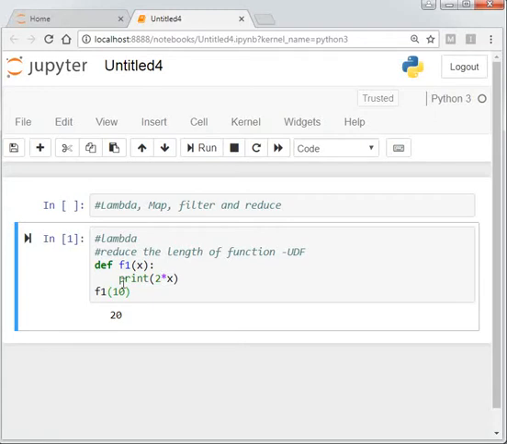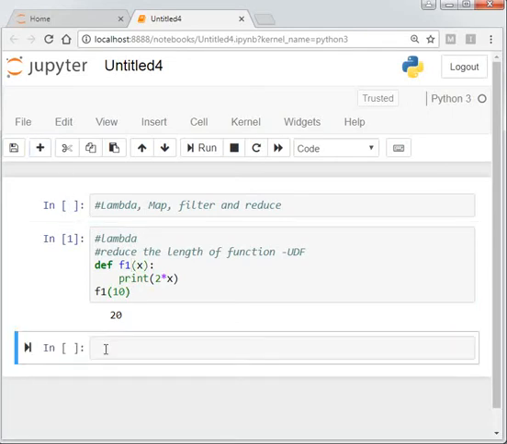How can we convert that f1 function by using the lambda function? You can see the syntax of the lambda function. First is the function name equal to lambda.